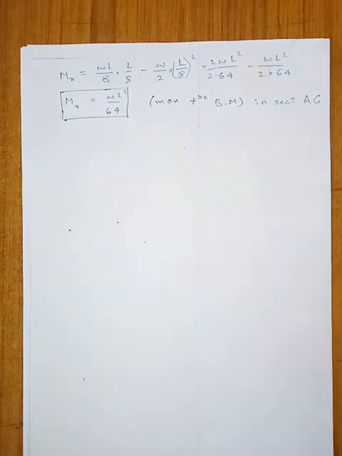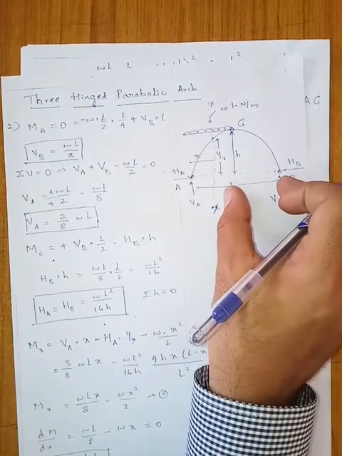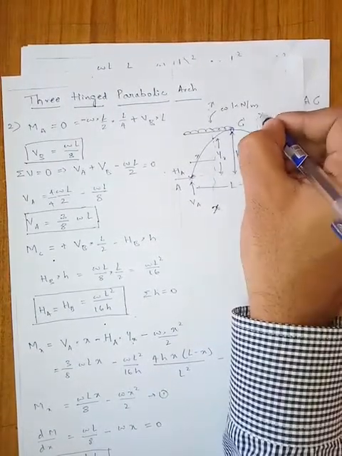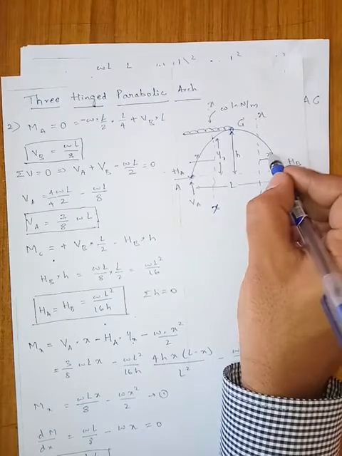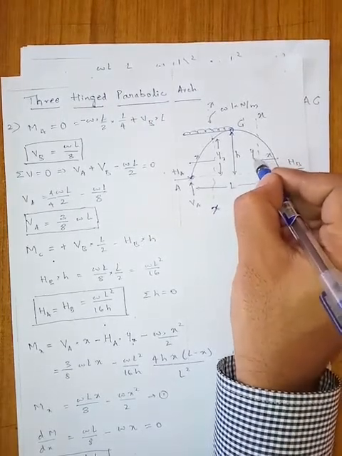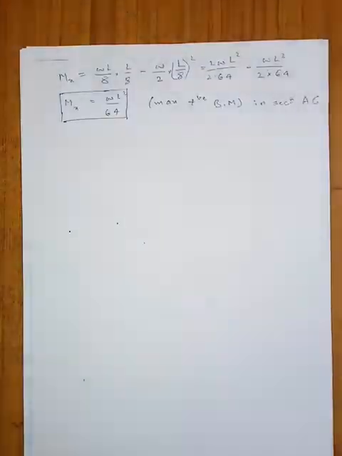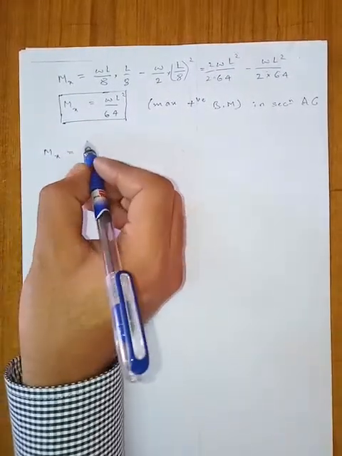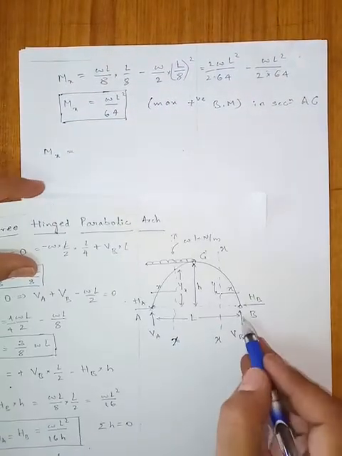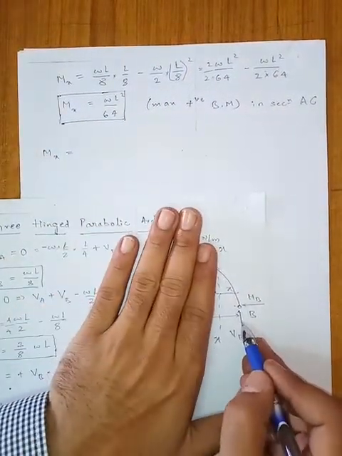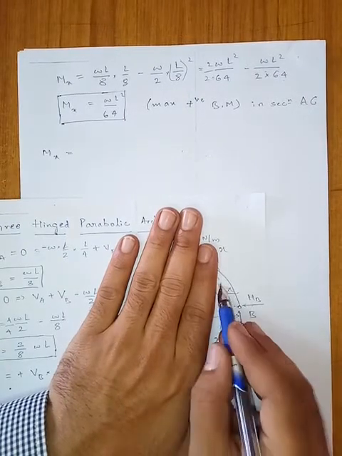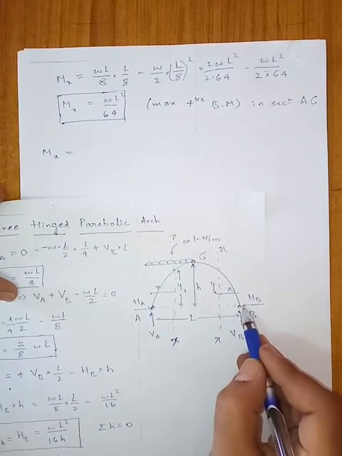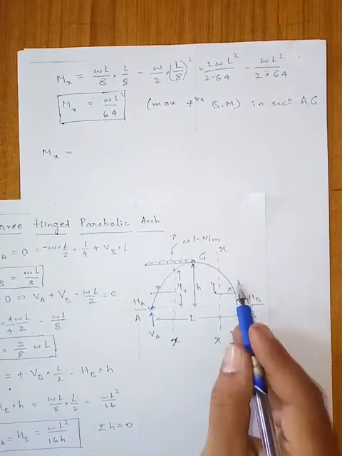Now let us find out what is the maximum negative bending moment. We will apply the same concept to the section XX in AC. Let us draw a section XX in section AC as well, at a distance of x, and vertical height will be y of x. The same thing. You have Mx is equal to, what are all the forces causing moment here? Only VB to the right of this section, only VB and HB. We do not have UDL. We have only VB and HB support reactions.